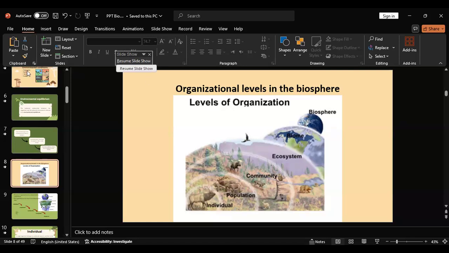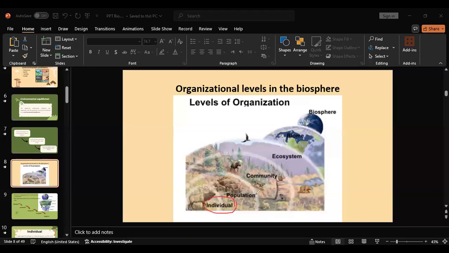I will upload the notes as a PDF at the end of the session. Here the organizational levels start from the individual,